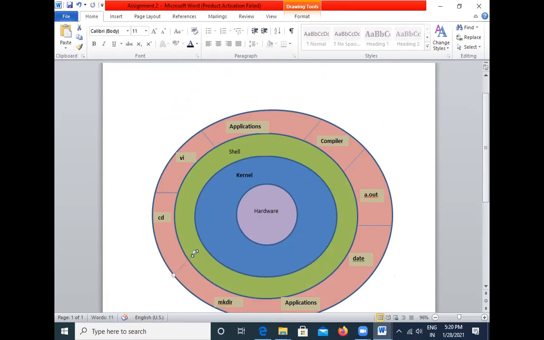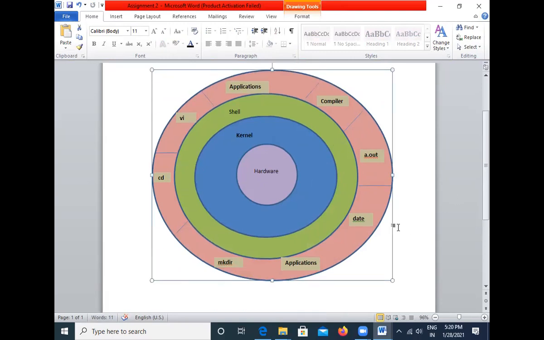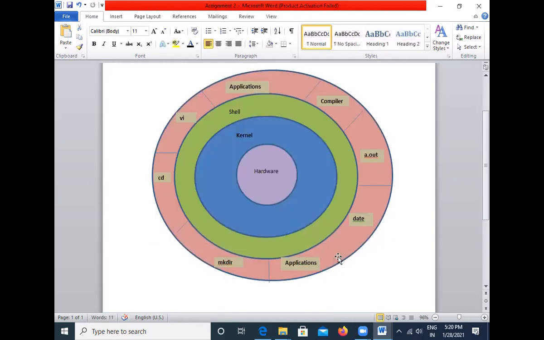You can reduce the line size. So here I will just place it properly like this.